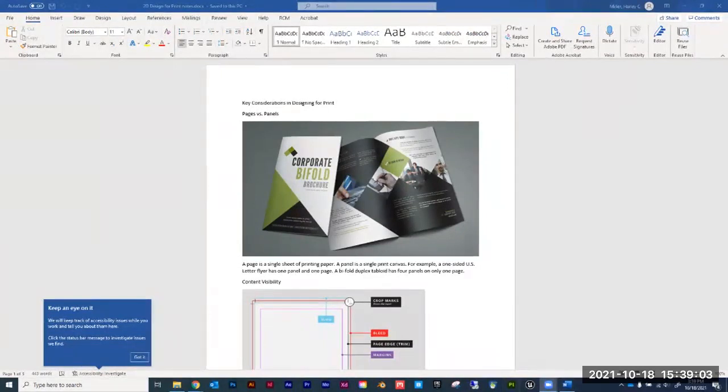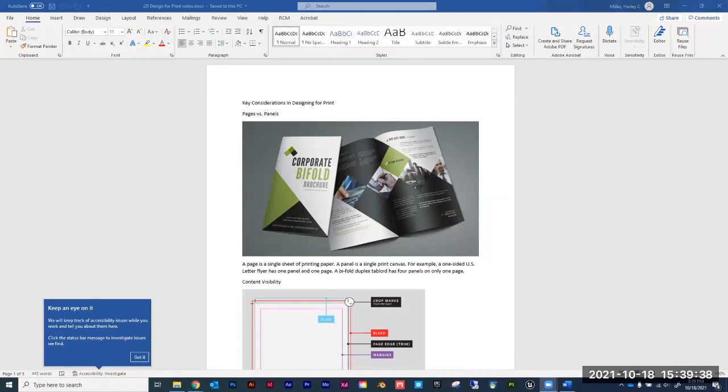So right here, I have these notes for some considerations for designing in print. I'm also going to go over a little bit of digital design aspects. But first off, consider what it is that you're making. If you're doing something that is pages, you'll want to think about what it is that you're trying to create. For example, we have this